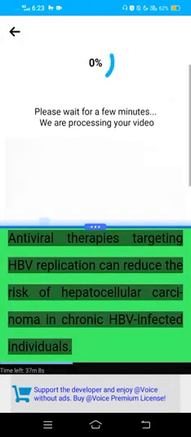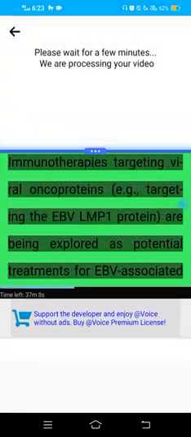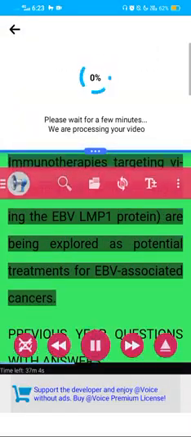Antiviral therapies targeting HBV replication can reduce the risk of hepatocellular carcinoma in chronic HBV-infected individuals. Immunotherapies targeting viral oncoproteins, e.g., targeting the